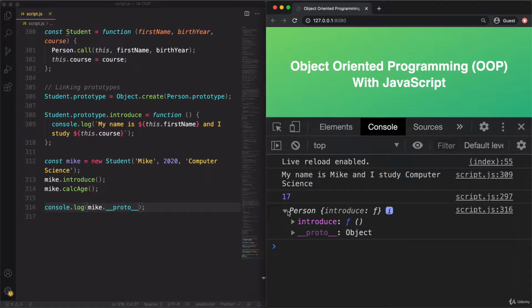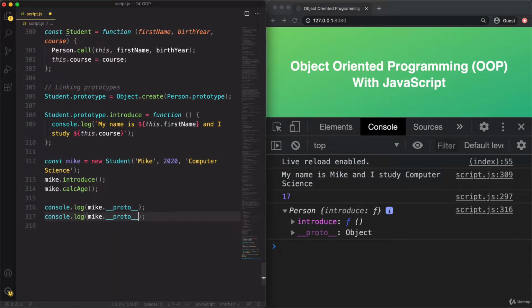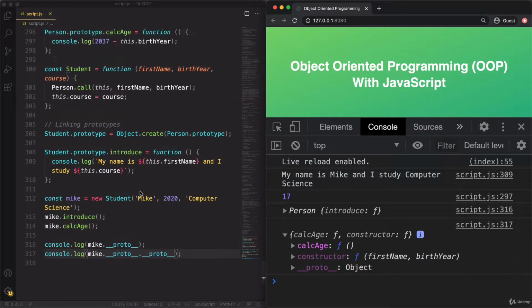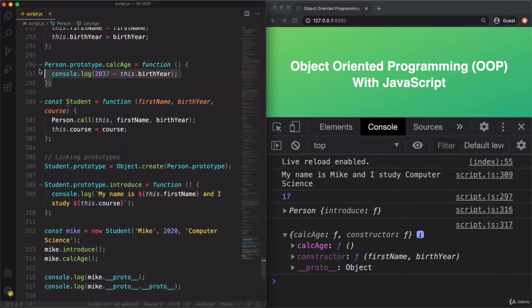So this is nothing new, but you see here right in the console that this itself has a prototype too. So let's try this here. And so see the next prototype. And so now this is indeed the prototype which contains the calcAge function. And so in fact, that is exactly this object here.